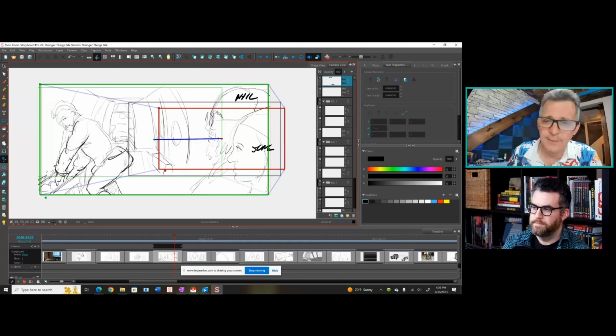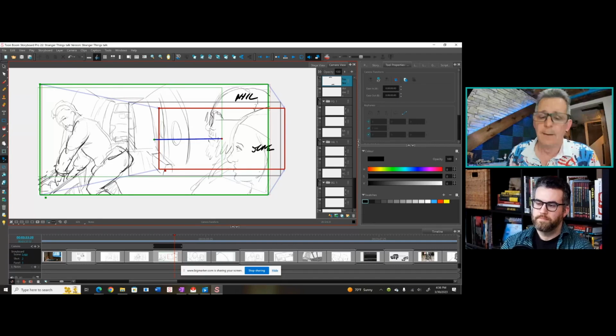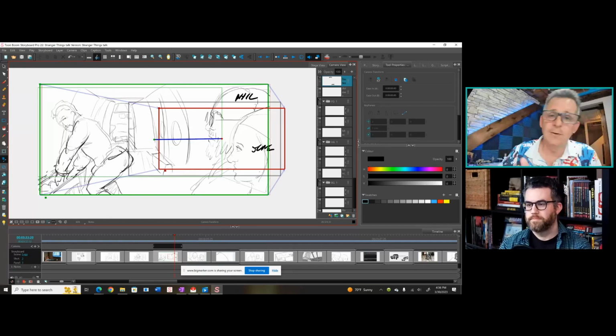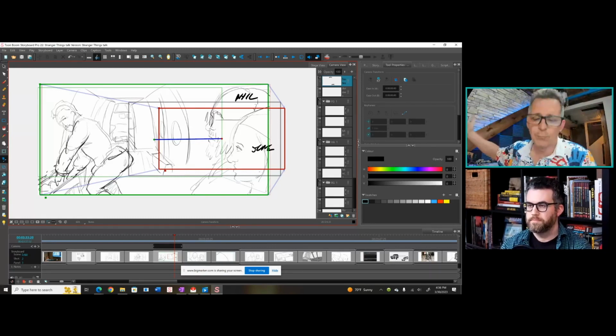Layers are your friend. And I'm always drawing because I'm always anticipating needing to make a change, even after it's final, because sometimes we lose a location or the script changes. Sometimes the director has another idea. It's never because I don't get it right the first pass. I always get it right in the first pass because I'm doing this with the director. So I very seldom have changes for change's sake. It's always because there's an external reason.